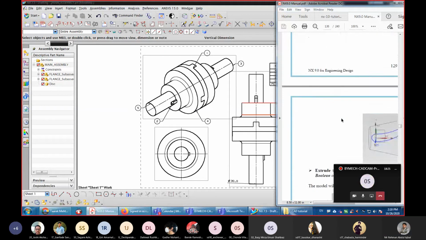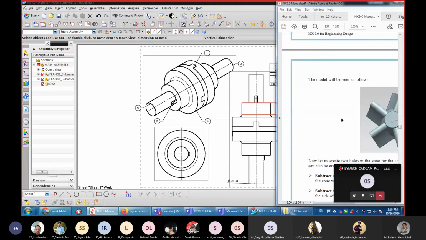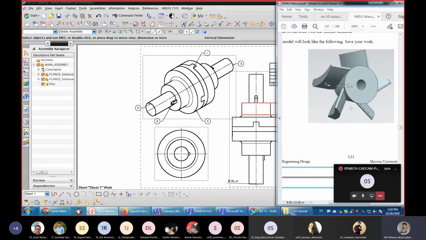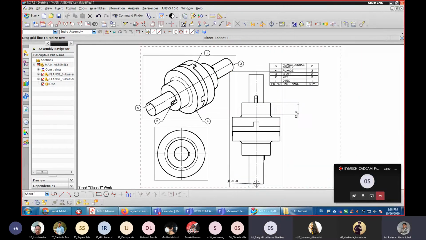Next, part modeling again. We will model this impeller blade. Can you see this impeller blade? Yes, sir. Okay.